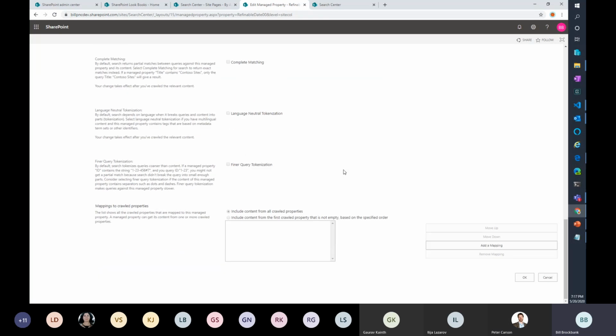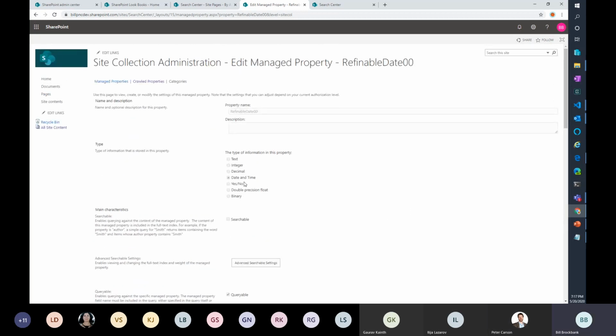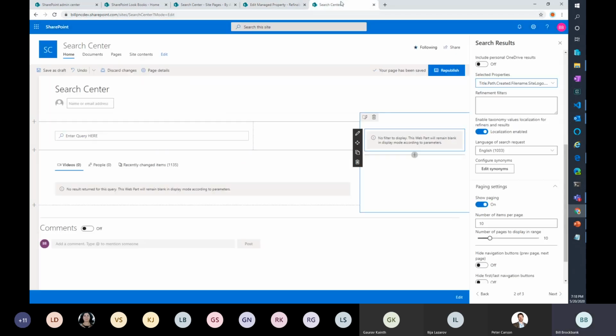I thought there was one setting here you get to set. No, there isn't. That's it. So it's preset, all these values. You can't generate new values, so you can't create a brand new one from here. You can create a new property in the tenant, but I believe there are certain values you cannot set when you create it. So it's not necessarily the best way to do this. If you're doing anything that's refinable, you want to set it up in here. Okay. Does that help you understand the process?